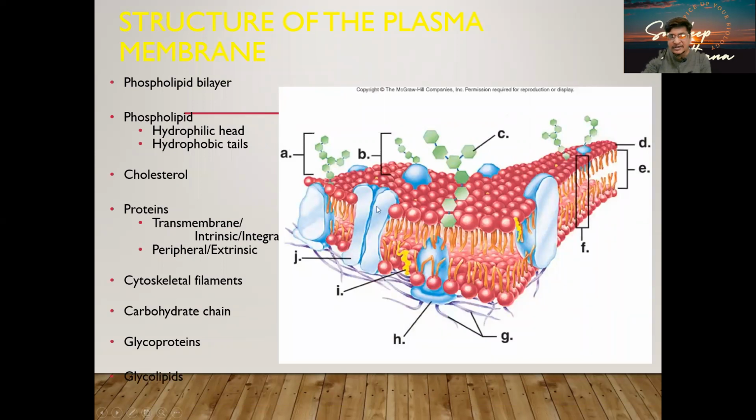Now, this is the basic structure. You can see the A, B, C, D different parts. This is going to be a glycolipid, and we have the lipid head. You can see the tails are present over here. You can see the cholesterol structures are going to be there, and we have the proteins. So there are loosely bound proteins, the peripheral proteins, and the integral proteins which are embedded. Even they can span from one side to the other. That is called a transmembrane protein. And there will be substitution of carbohydrate moieties, which can make the glycolipids and the glycoproteins.